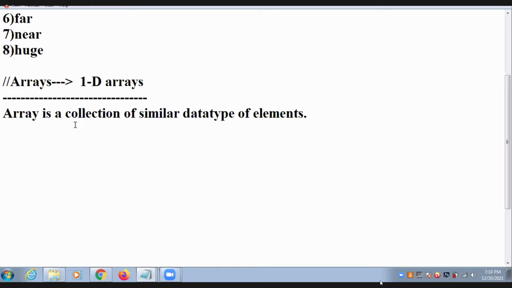Definition is that, guys. Next, syntax of arrays.